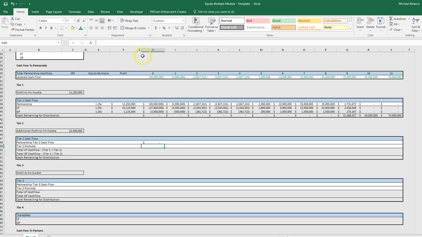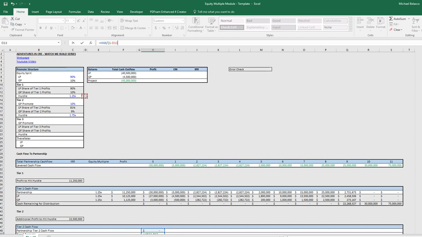All right, so that is the partnership tier 2 cash flow. And now let's do the GP tier 2 promote. This is a simple formula. So we have partnership cash flow divided by 1 minus, let's go back up to the promote,